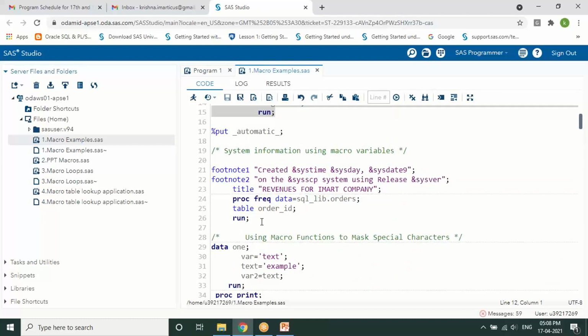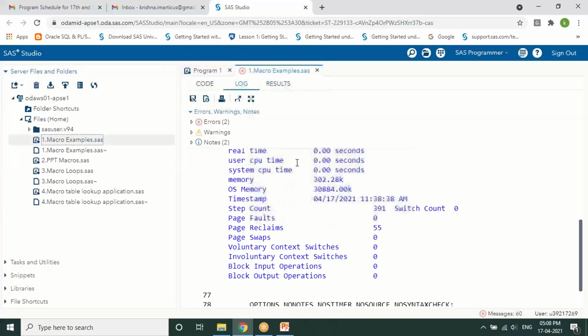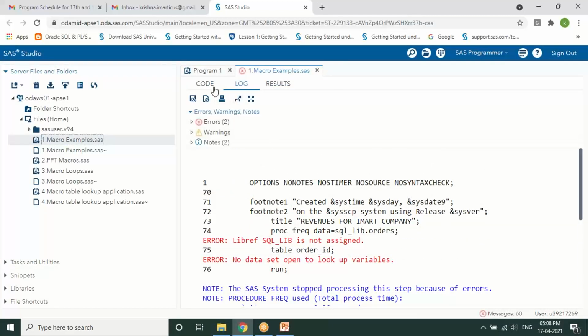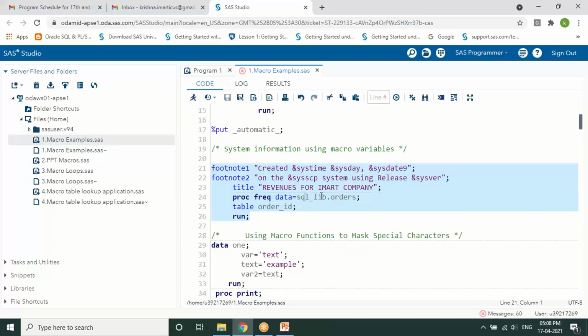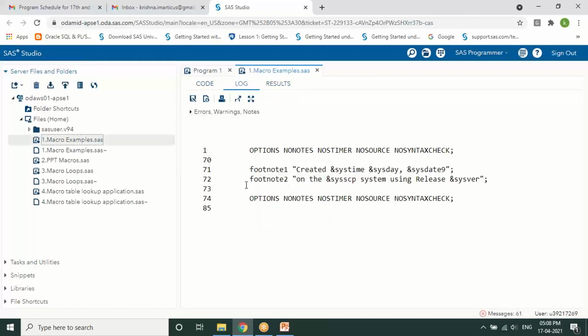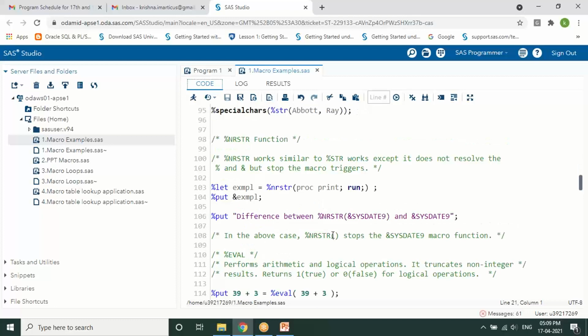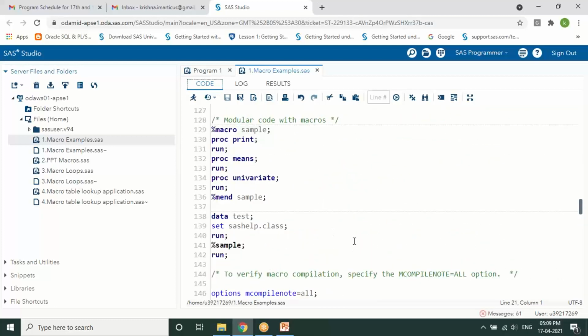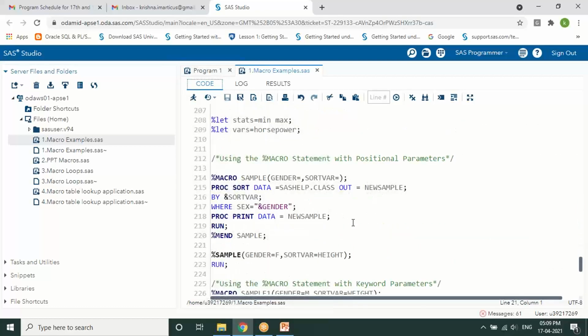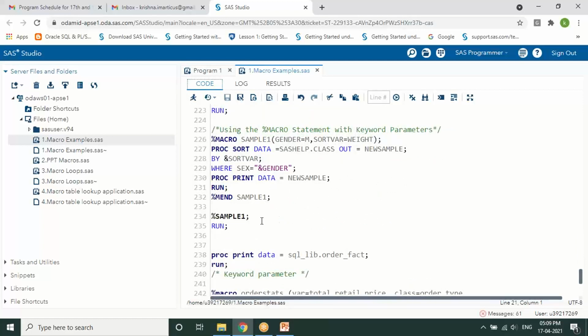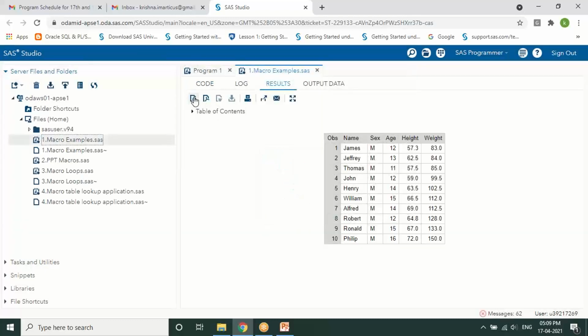Similarly, many examples have been provided. Once you're good with all that, I request you to first complete the entire base SAS, then come back to the other. If I just show you, it will get executed, but it will create some kind of confusion. I recommend you have a complete practice of all your bases, then come back to SQL, then come back to the macros. Many other examples have been given; you can try out the same examples once you're good with the concept.